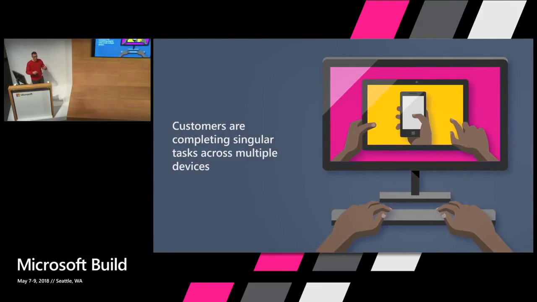And when we also look at the way that people are actually starting to do their work because of all these devices, we're finding, especially with younger generations like Generation Z, that people are starting to complete singular workflows across a range of devices. They'll start an email on their phone and finish it on their desktop. We saw with a lot of students, they're actually writing their essays on their phone while they watch YouTube videos on their PC. And so especially as we move into head-mounted displays and things that are going to be more engaging and immersive for customers, we really want to make sure that we're creating a system that connects these experiences to maintain that flow state.